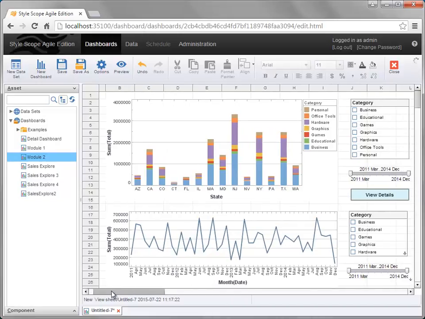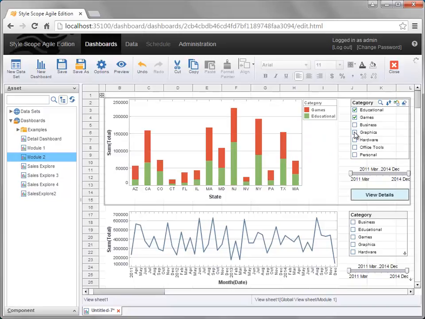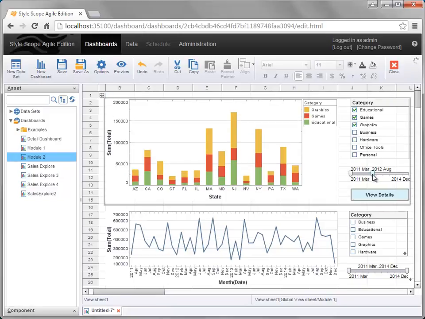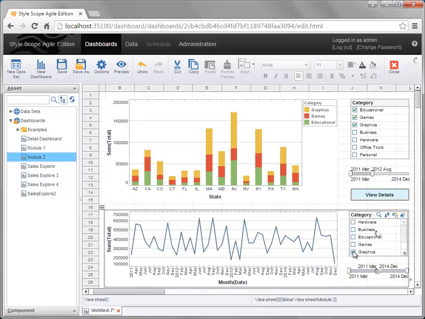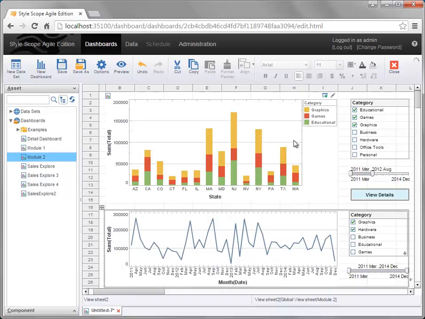Note that both of these dashboard modules, Module 1 and Module 2, have similar filtering controls, a category selection list, and a range slider. Note, however, that the category selection list for the top module does not affect the data that's displayed in the bottom module. Likewise, the category selection list for the bottom module does not affect the data that's displayed in the